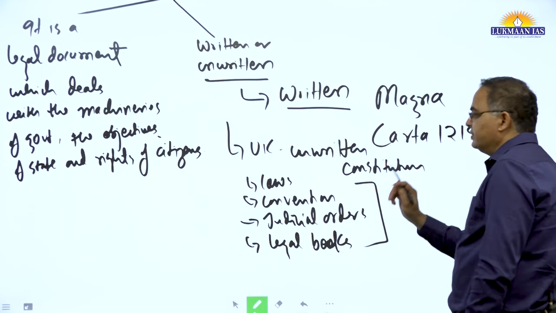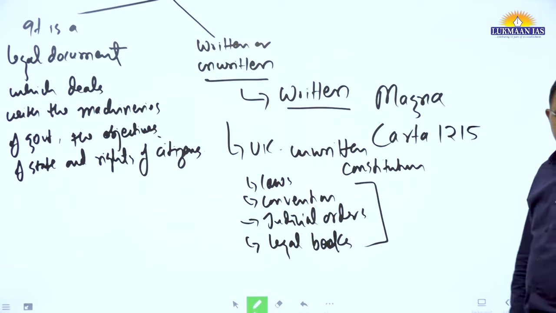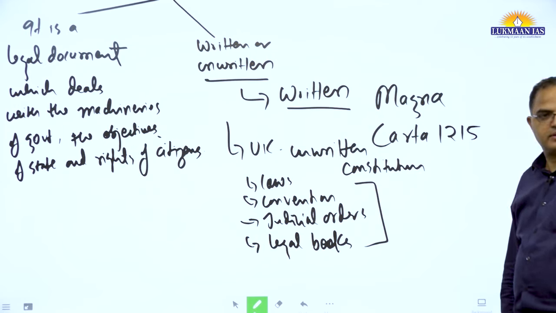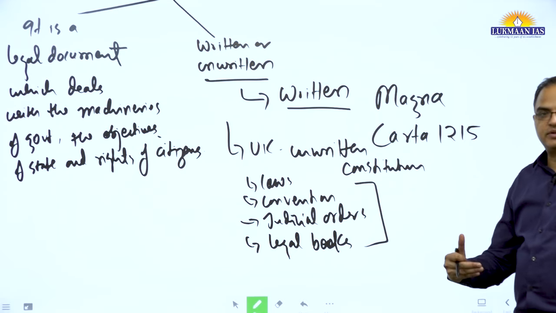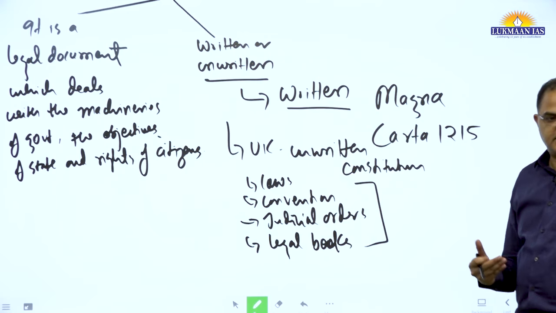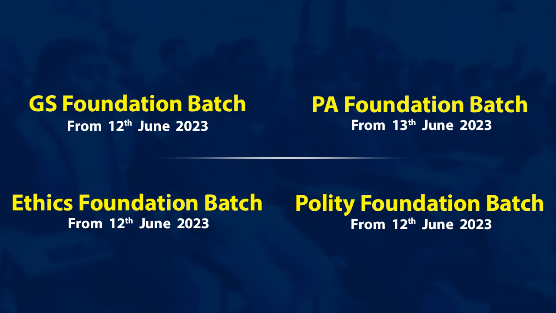These all are considered as constitution in UK. It means not only laws but also conventions. Our parliamentary democracy is based on convention. Their democracy is also based on convention. The relationship between the Queen and the government is based on convention. In our country, it is mentioned in the constitution.